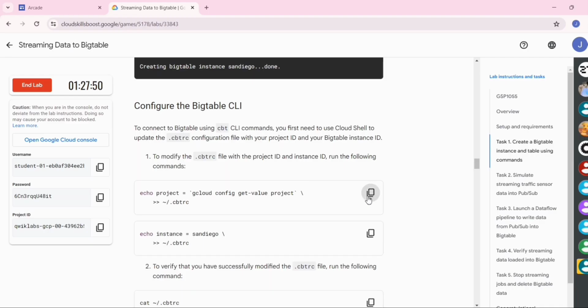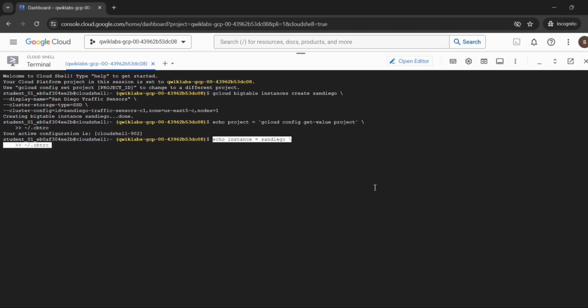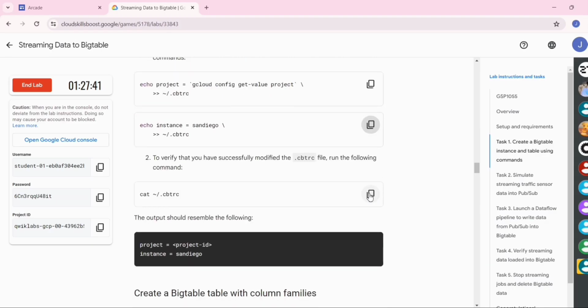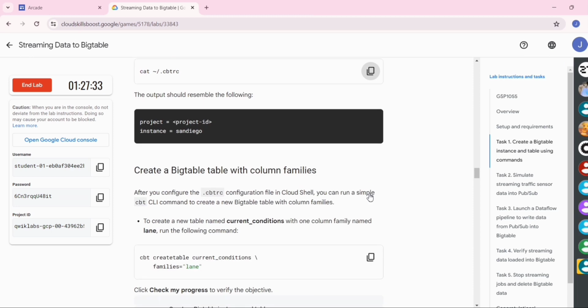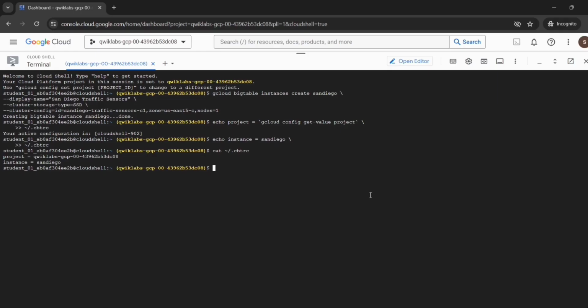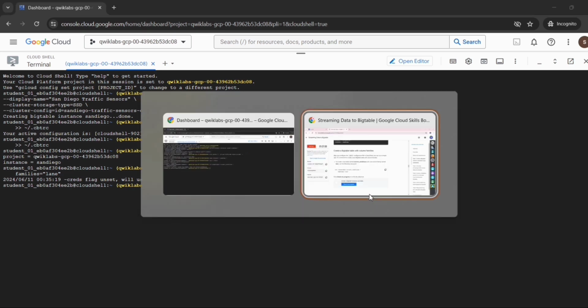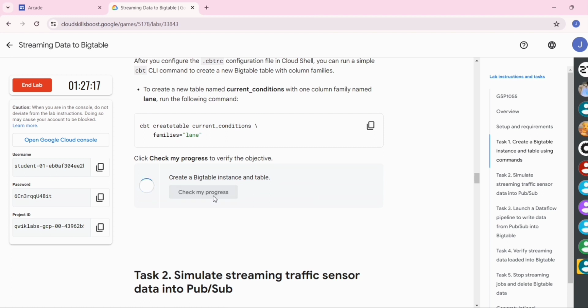Now go back to the lab instructions, copy the next command, go back to the shell, paste it, and press enter. Repeat this for the next two commands. Then go back to the lab instructions and click on check my progress. You will get a green tick here.